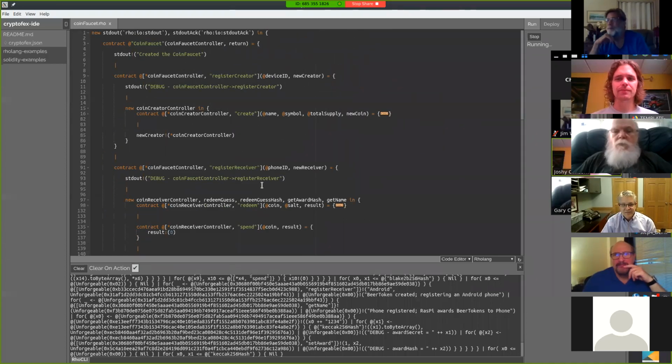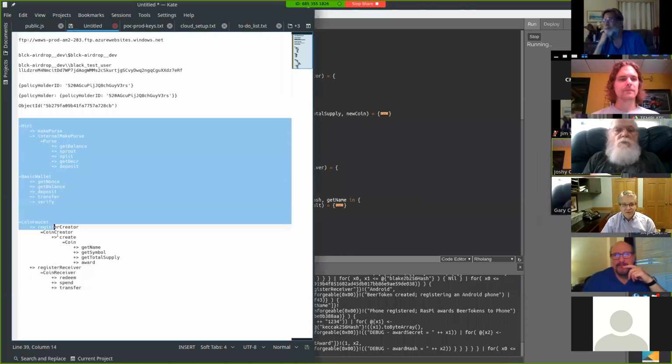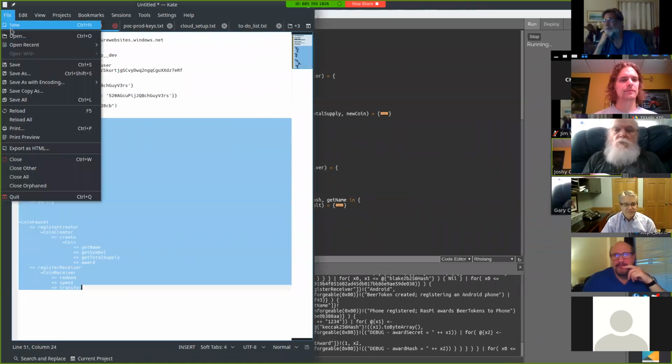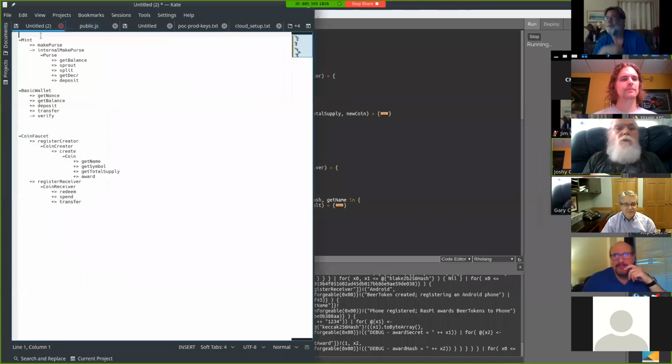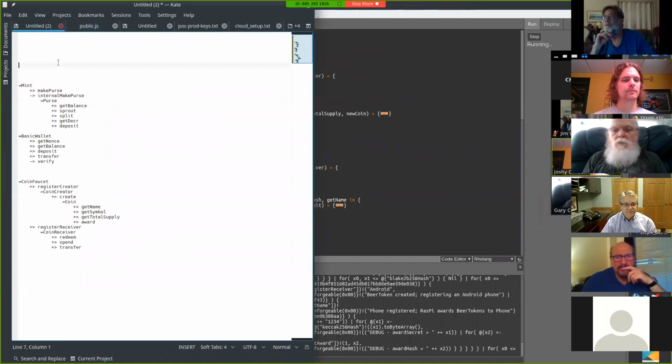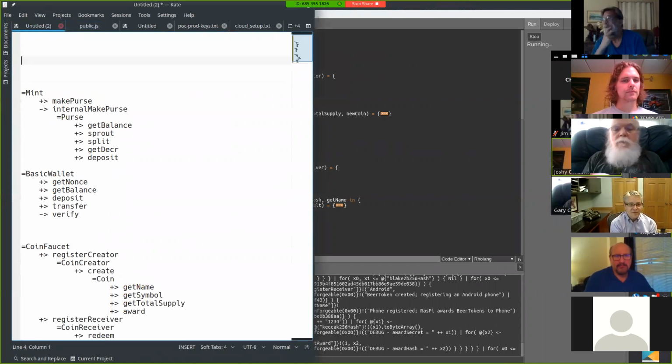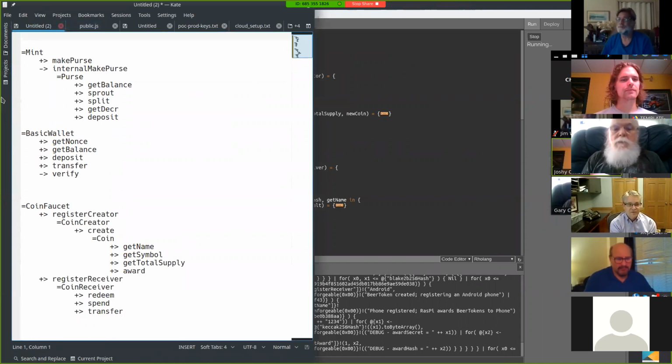So what we're looking at here is, actually I've got a better view of this. Let's see. So I kind of went through some of the contracts by Michael Birch just to look at general structure. Let me make it a little bigger. And so he had Mint was one of the contracts that he had put together, and he also had Basic Wallet. And so plus is a public member, minus is a private member, and equals is essentially like an object